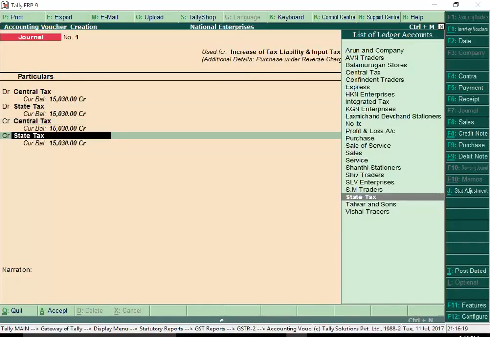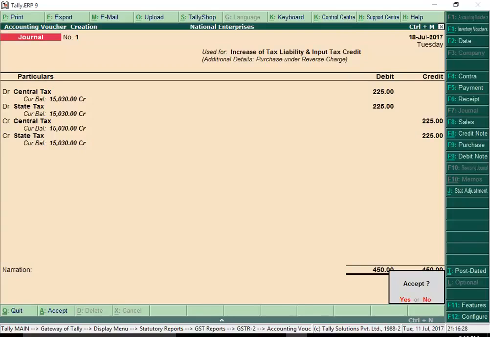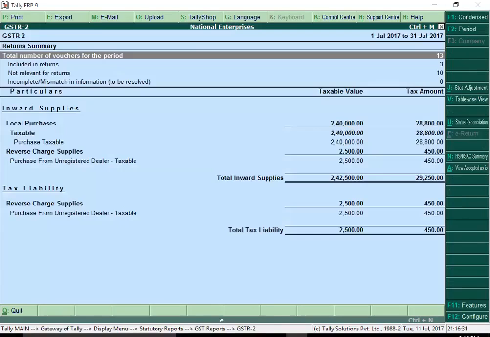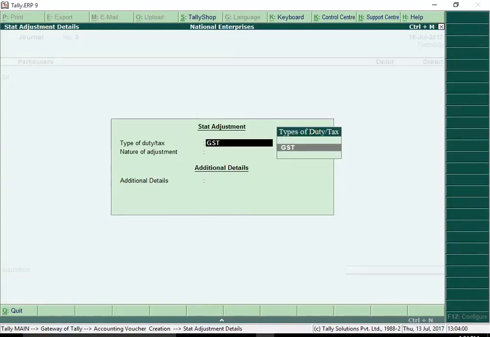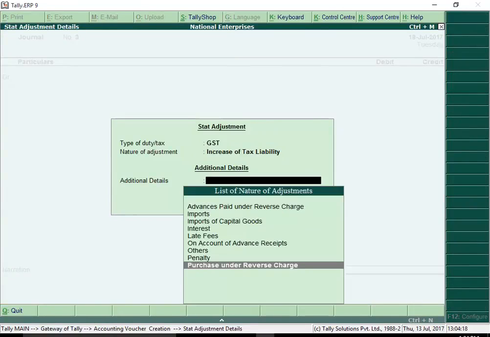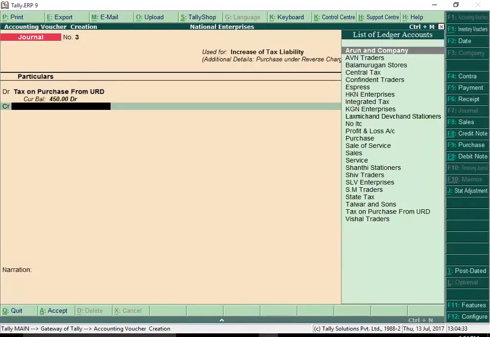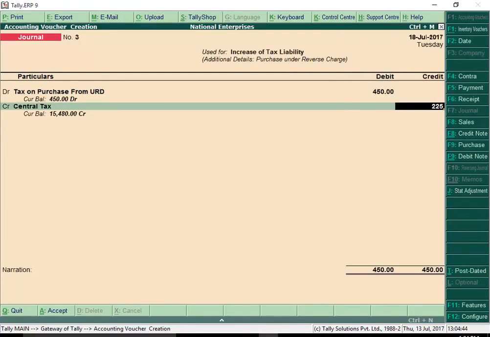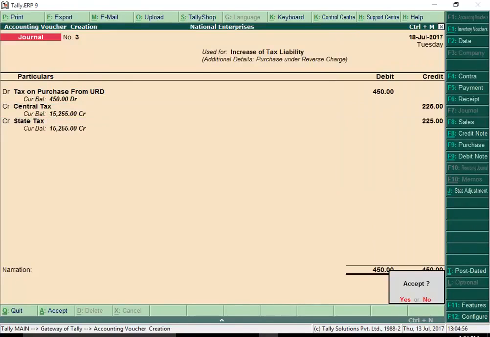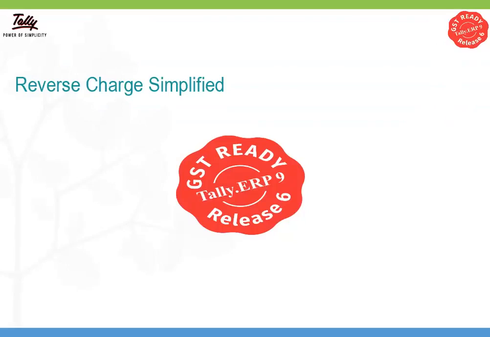Do this when you want to increase the liability and claim input credit immediately. Else, you can pass a journal to just increase liability and adjust it later against some other output GST liability. Though reverse charge is a new concept,